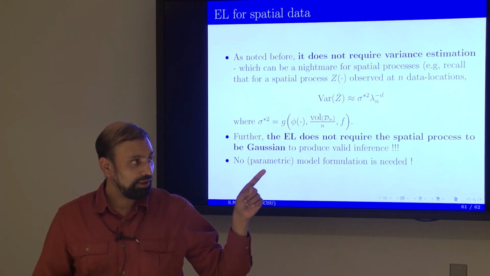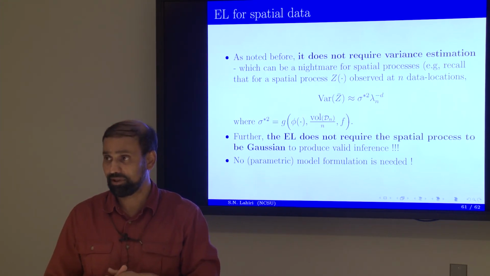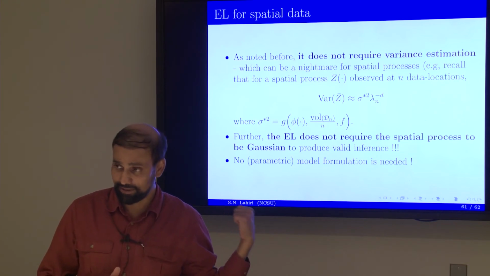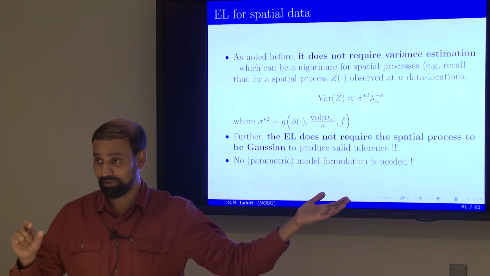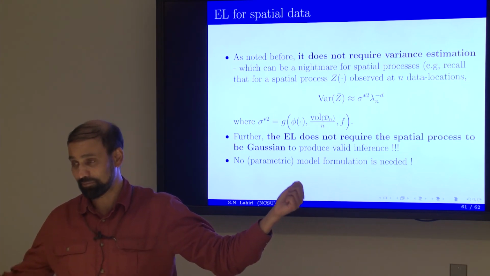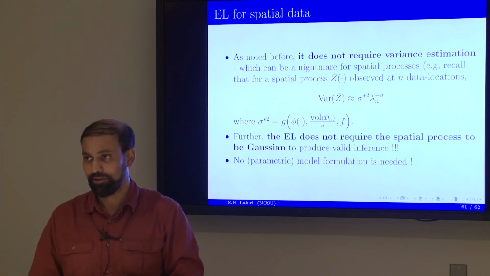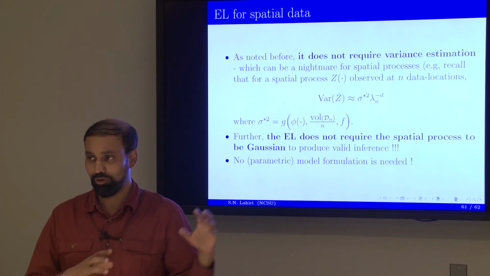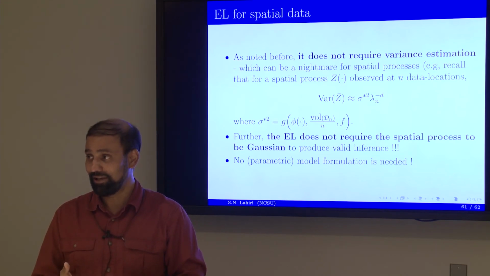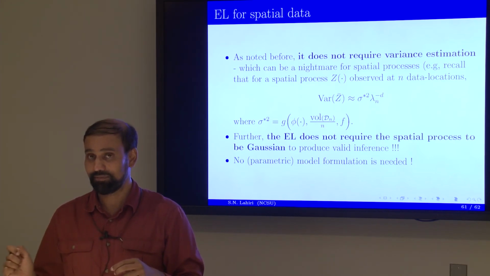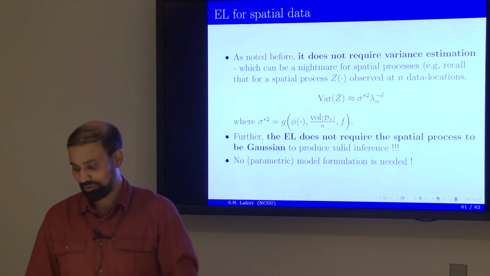And you can actually come up with ways to construct confidence intervals for theta using either this empirical likelihood or the Whittle likelihood. Whittle likelihood gives you an estimate of theta, but then you have this asymptotic variance. You have to estimate those to get the corresponding thing. So I would suggest when you are in a situation where variance estimation is a complicated thing, and that is the case if you have unevenly spaced time series data, this is a good idea. I'll stop with that. Thank you.